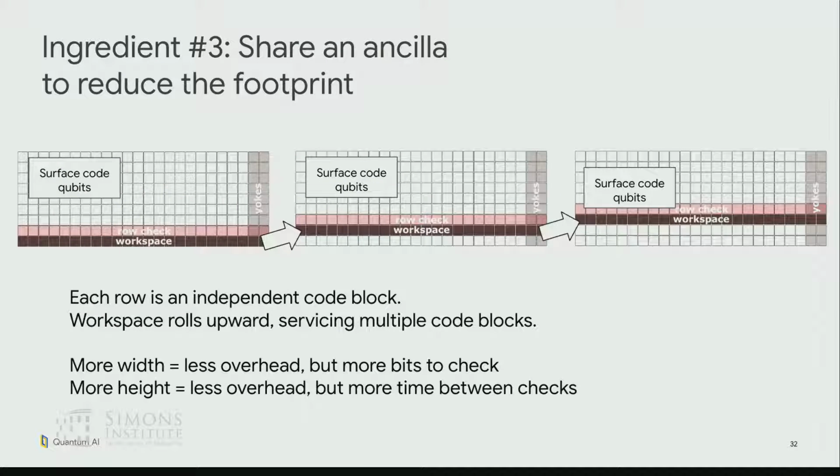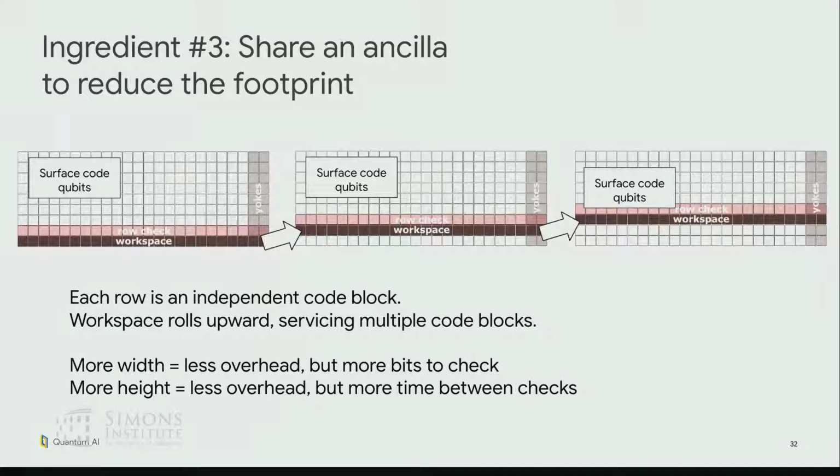The final ingredient that we can use is a really simple one. If I'm actually measuring these surface codes, if I have a code block, and I want to measure these X and Z type stabilizers using this ancilla block, that's doubling my overhead, right? I have literally a block that is the exact same size as the code block, and I'd really like to get rid of that. But surface codes have really low error rates if you make them large enough to begin with. And so maybe I don't have to measure these logical checks very frequently. Maybe I can measure them infrequently and then share some logical block,